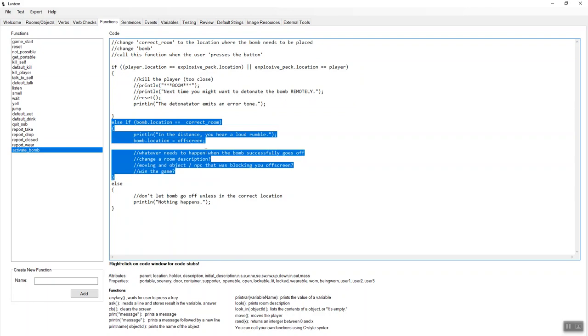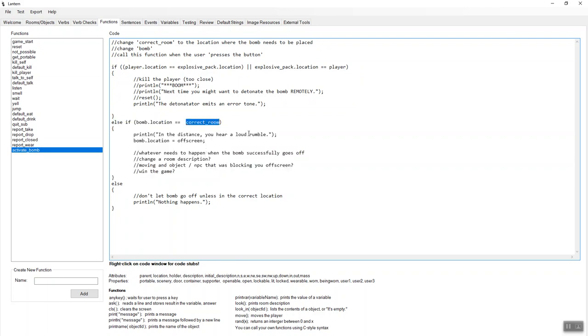Otherwise, if the bomb's location is the correct room, okay, so what's the correct room for us? What is it, like mountainside? If the bomb's location is the mountainside, maybe we'll say, or the, oh, and it's not bomb, it's explosive pack. If the explosive pack's location is the mountainside, how about, or the explosive pack's location is the boulder? Because maybe we want to put the thing on the boulder. Or maybe the player will try to put the thing under the boulder, which we can handle in a second. Then print, in the distance you hear a loud rumble, and then let's move